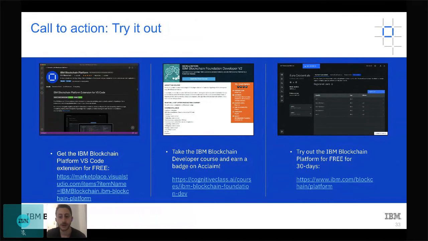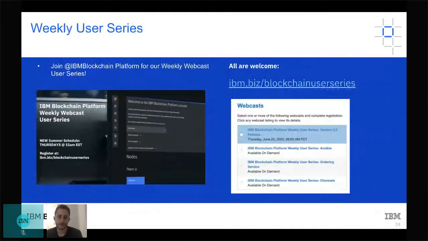And then you can go and get the IBM Blockchain Platform itself for free for 30 days and test out how to deploy on there, and down the line, try out what it means to use this for your DevOps, for your testing and pre-prod and down the line production grade applications.